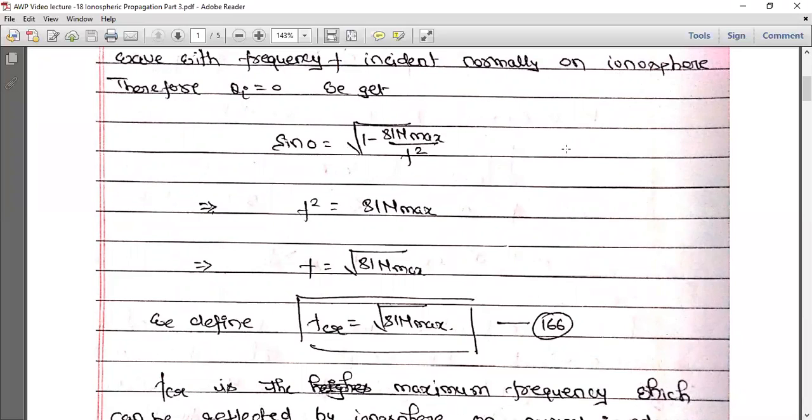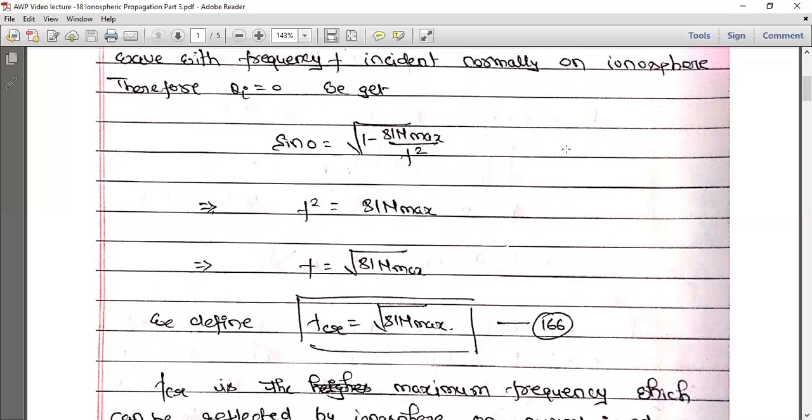Omega is equivalent to 2 pi f. F is in front of you. And omega p is the plasma frequency of the medium, which is a constant. Okay, and we had derived an expression for the same. It was something like capital N into e squared divided by m into epsilon 0. So using that particular expression, we find this result.